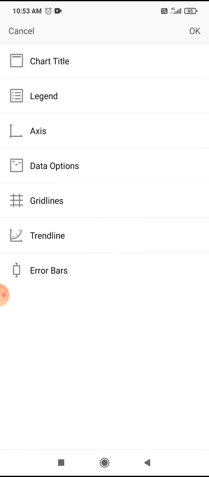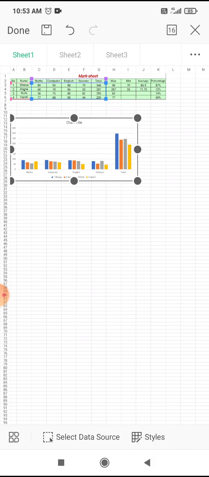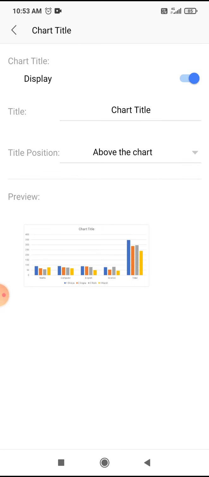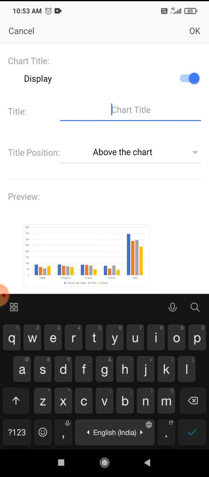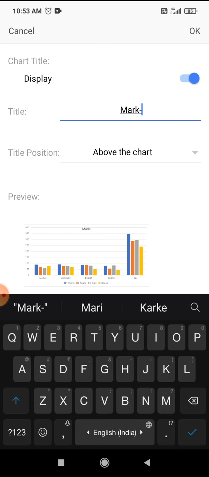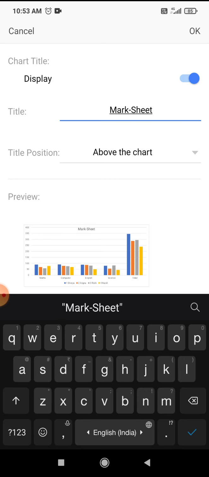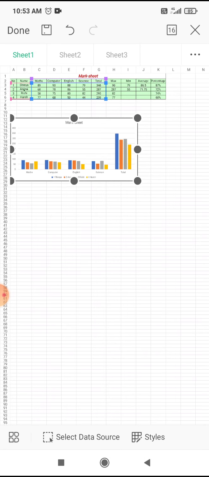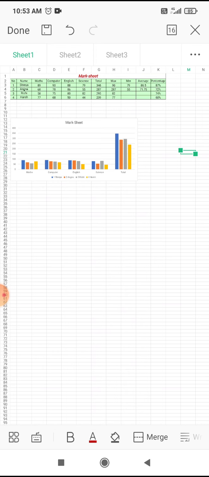Then click on OK. Then it will display the mark sheet.